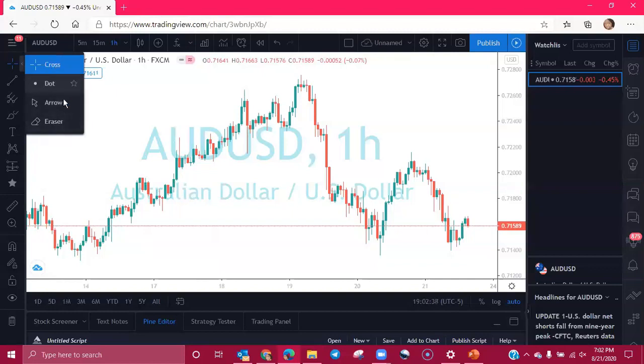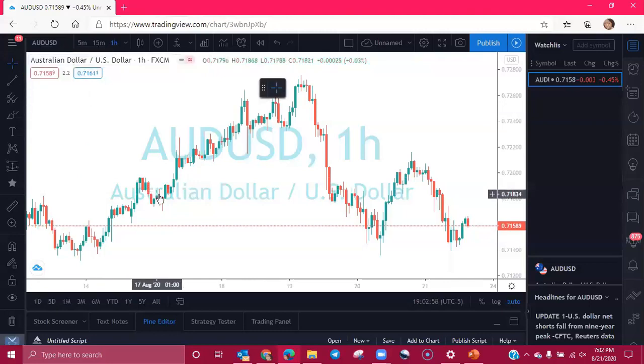Now, as I'm hovering over all of these options, do you see that star that's on the right side of each option? That's your favorite star. So if you have a favorite and you want to just save it as a favorite, and I'll show you where that comes up and where it will save you some time, you can click on favorite to add that as a favorite. When you add a favorite, it then gives you like a little floating toolbox right here. So you'll notice that as we're going down these tools on the side, every time we add a favorite, it will pop up in this floating box. That's going to save you a whole lot of time when you get ready to chart, okay?